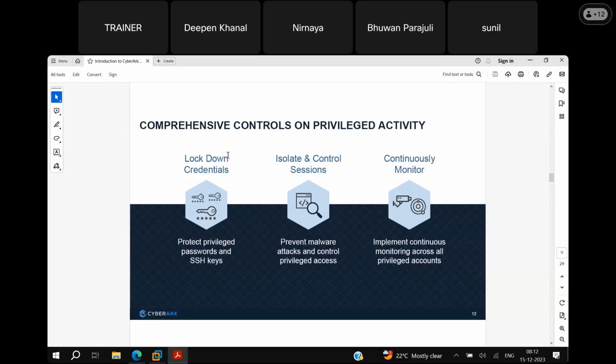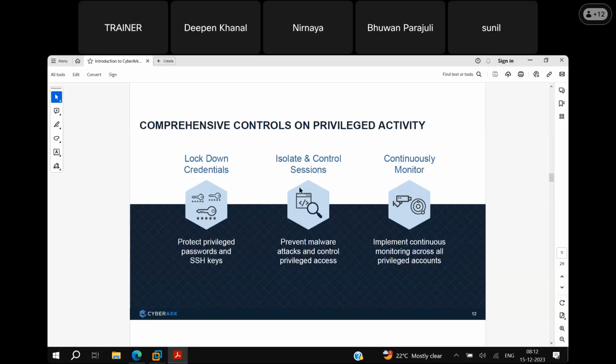So we are setting a policy called lockdown credentials. That password will be used only a single time. That is the meaning of lockdown credentials. So we lock down passwords or SSH keys. SSH keys let us access endpoints, particularly Linux devices. Instead of passwords, we can also use SSH keys, that is, public-private key pairs.